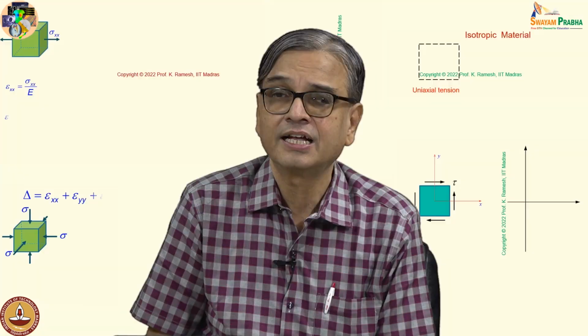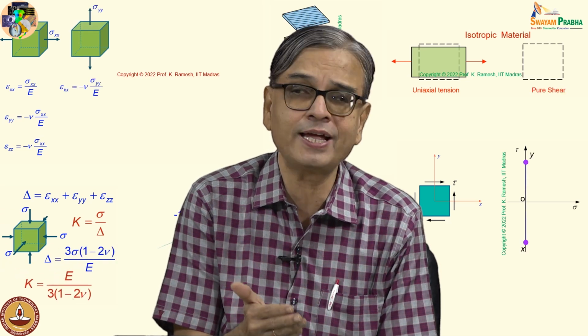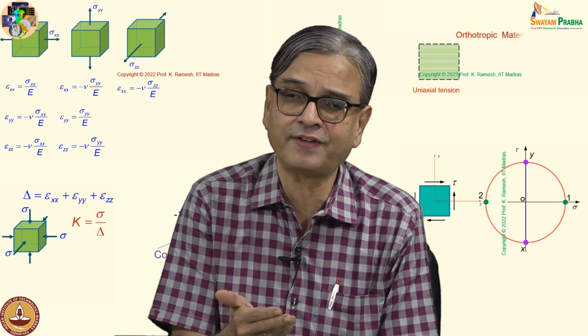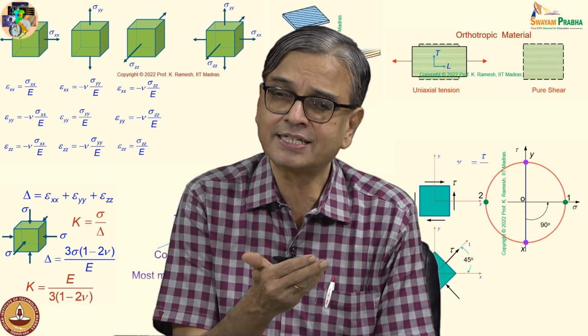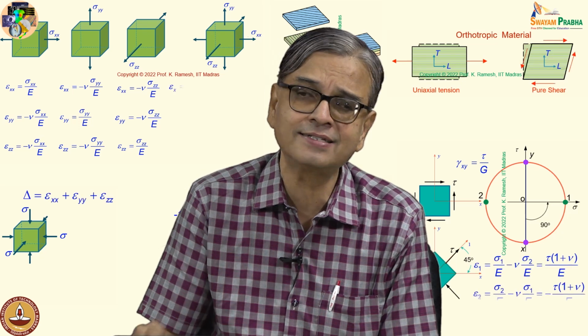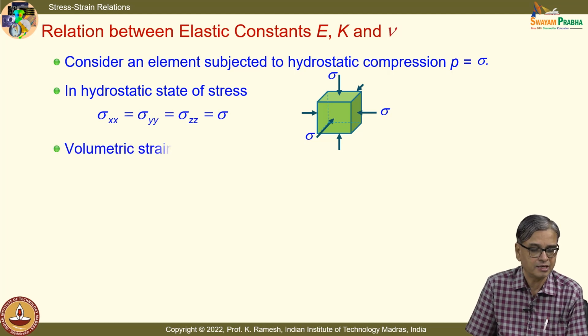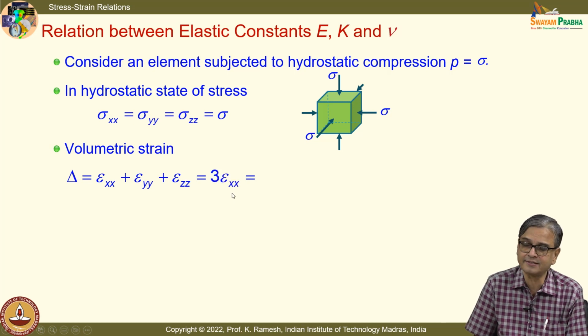And what are the strain quantities? Because our objective is to find out epsilon x plus epsilon y plus epsilon z. Since I have all these quantities identical on all the three faces, if I say epsilon x, epsilon y will be identical to epsilon x. So, I can say epsilon x plus epsilon y plus epsilon z as 3 times epsilon x. So, the volumetric strain is delta equal to epsilon xx plus epsilon yy plus epsilon zz. Since the stresses are equal, I can write this as 3 times epsilon xx, and I can write what epsilon xx is based on my